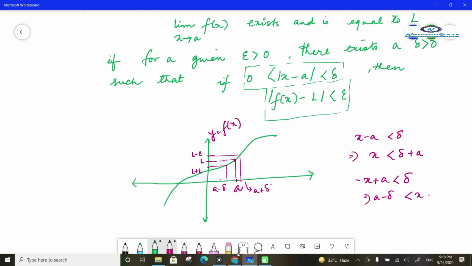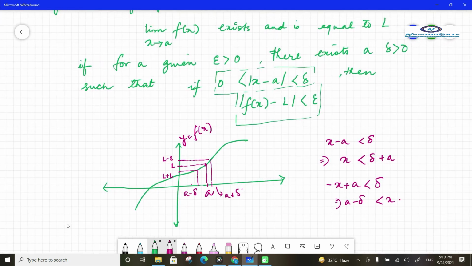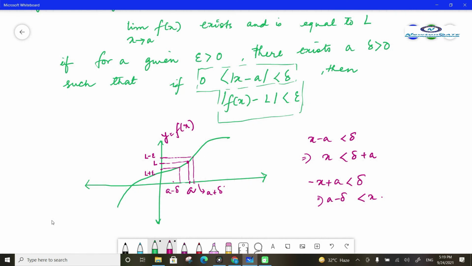So what is happening here? Basically, what I am trying to say is that a limit L exists only when I take the value of x equal to a, consider very close neighborhoods around that point a, and see where those points are tending to in the function. I am not taking the exact point a, I am taking the nearby values. So taking nearby values, what happens? Obviously it is tending somewhere around L.